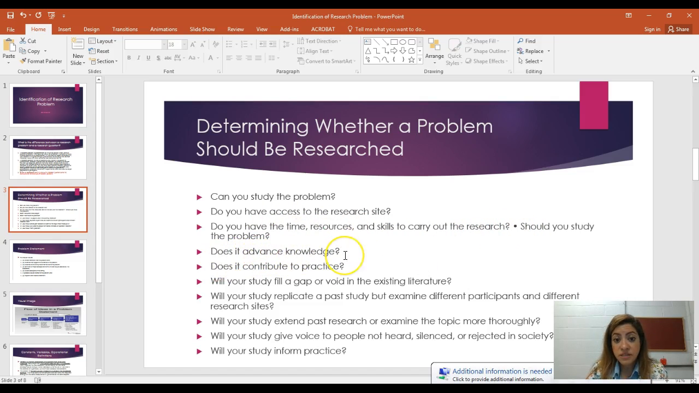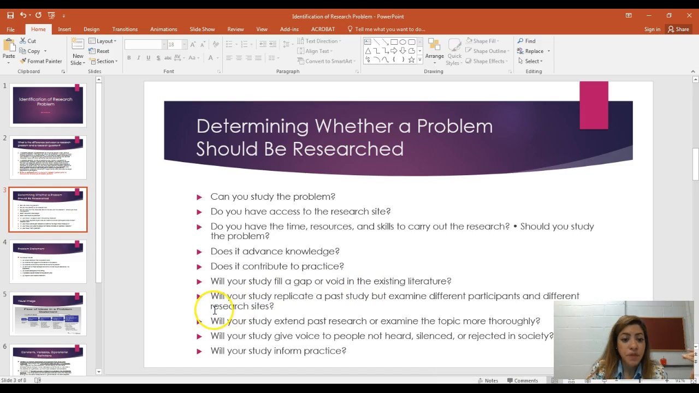Does it advance knowledge in this field? What is the purpose of studying this topic? Am I benefiting others with this kind of information? Does it contribute to the practice of our field? Will you study